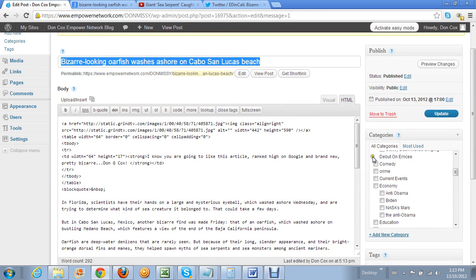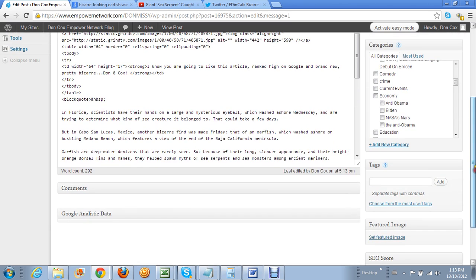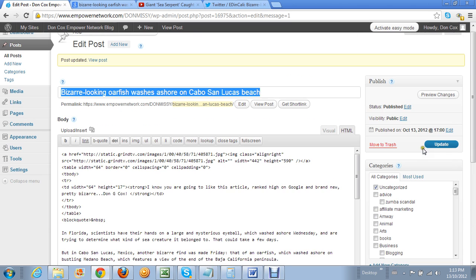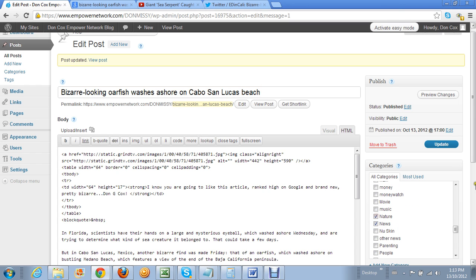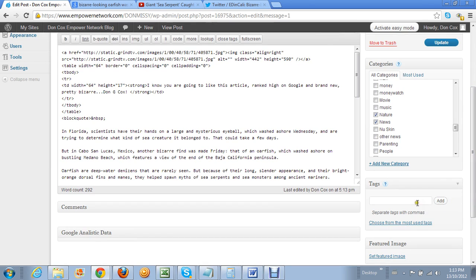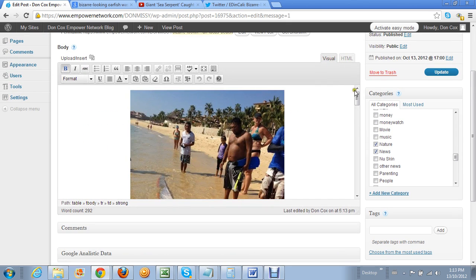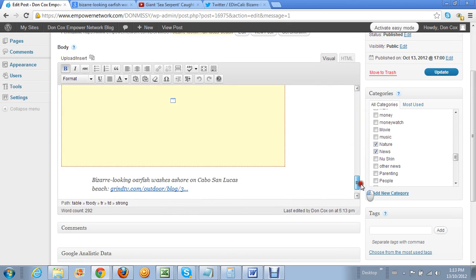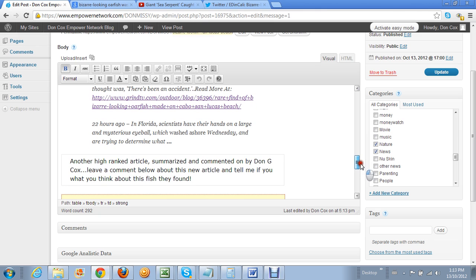Alright, now we're going to post some tags, and we're going to post a category. We're going to put this in a category. We're going to put it in news and nature. Okay. Then we're going to post some tags, and you can grab the tags from the actual article summary itself. Remember that summary that you copied? Well, you're going to go down to that summary right here, and you know that this is an oarfish,